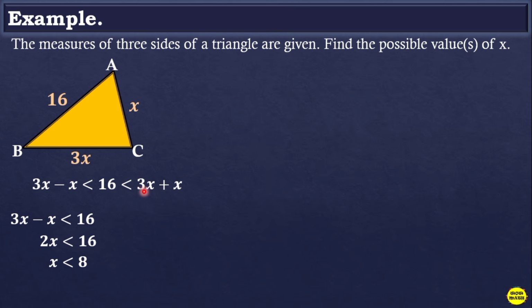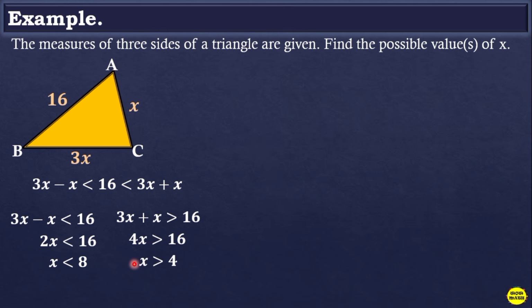And then, pagdating dito, 3x plus x is greater than. Interchange natin to kasi pabaliktad siya. Okay, so 3x plus x is greater than 16. So we have 3x plus x, that is 4x is greater than 16. Divide both sides by 4. So 16 divided by 4, we have x is greater than 4. Okay, so therefore, the possible values of x are greater than 4 but less than